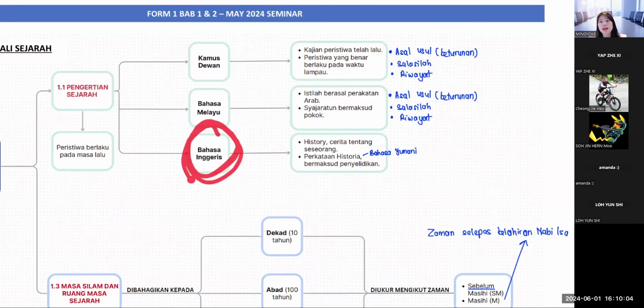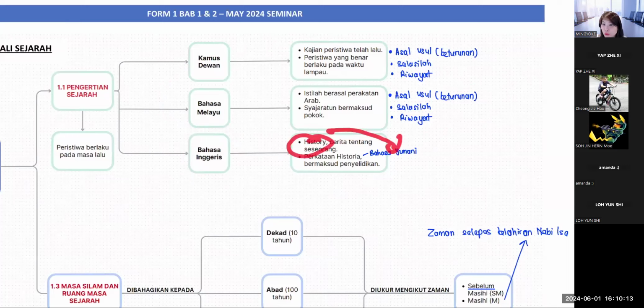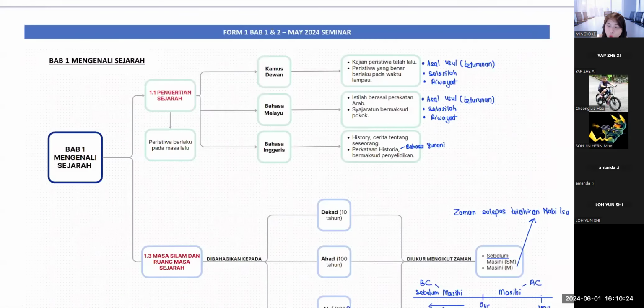Yeah lah. All this talks about a lot of evidence. Okay, bahasa English is talking about what? History. A person's story. Where history comes from Yunani language called historia. And then they simplify it into history lah. Historia means research on the past. So these are all the evidence.